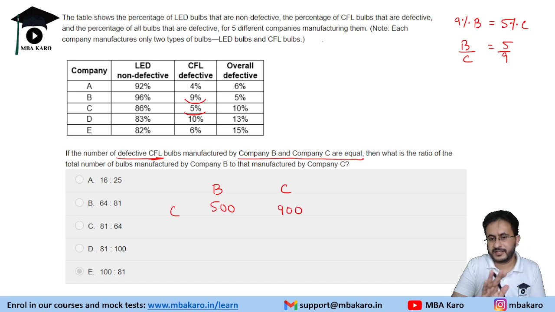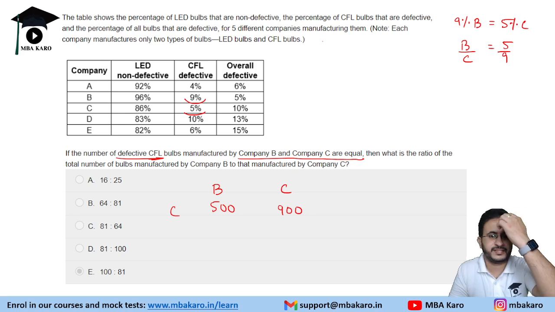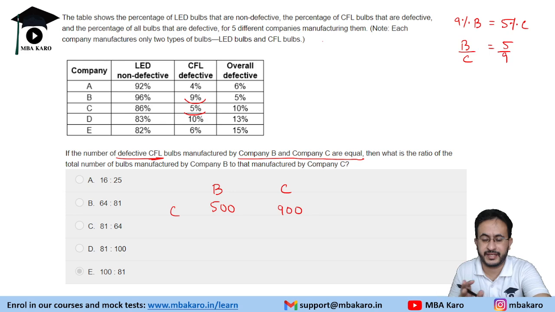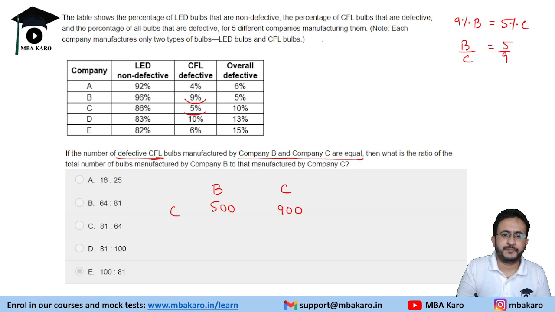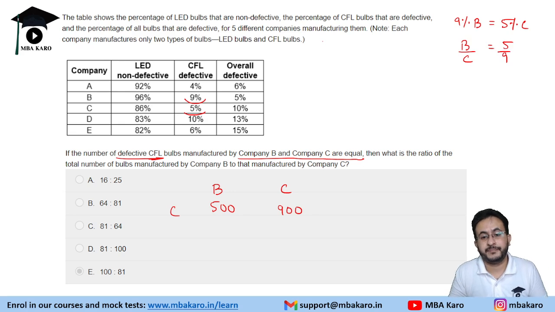Okay, just one basic calculation, we will find the ratios. It is ultimately a ratio based question, so we can assume any value in the ratio 5 to 9. You can put 1000 and 1800 also. Now, the next part is, what is the ratio of the total number of bulbs manufactured by company B to that